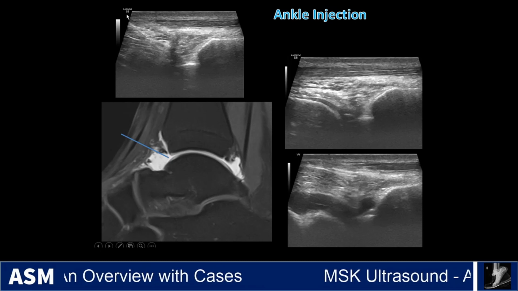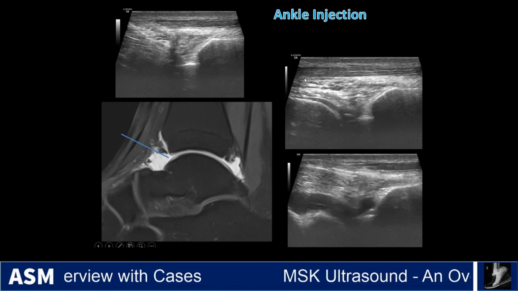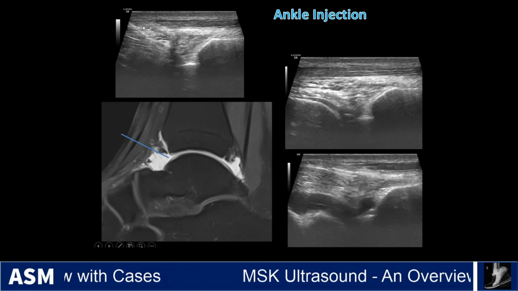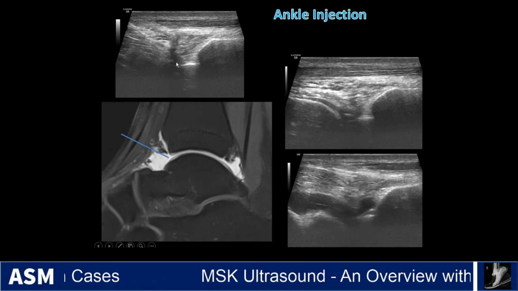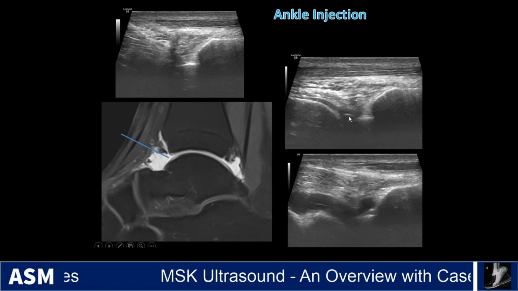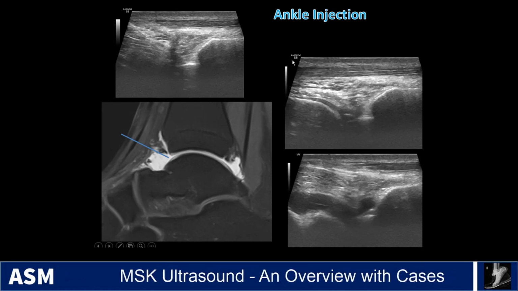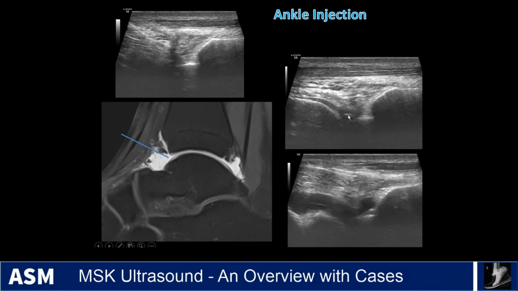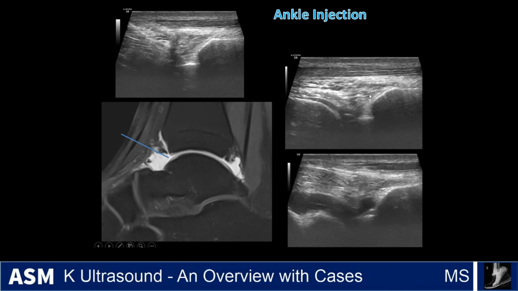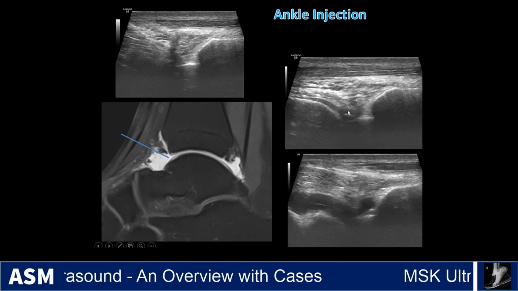So I'm showing you the tip down here because I had to oblique it to not go through the tendon here. So the needle coming down into here, and you can see the tip of the needle down here. So if I had come straight through here, I would have had to go through this tendon here. But this is the tip of the needle down in the joint, the fat overlying it here, and you can